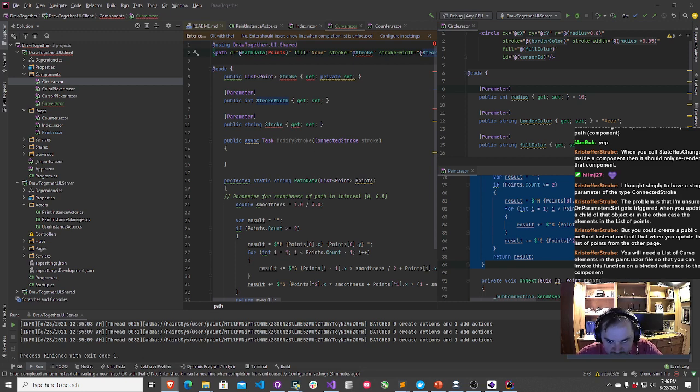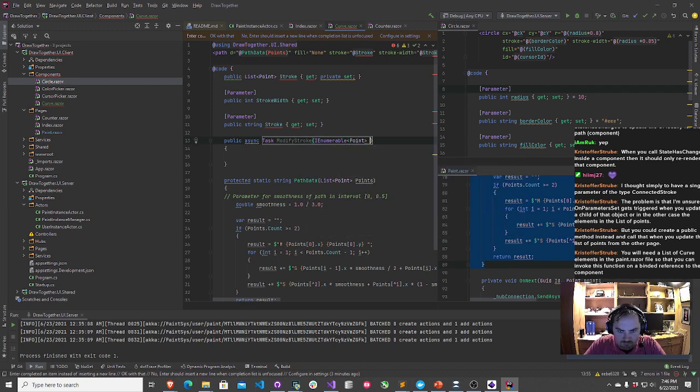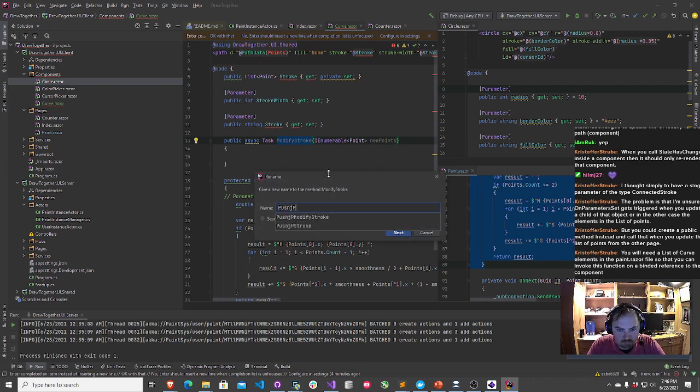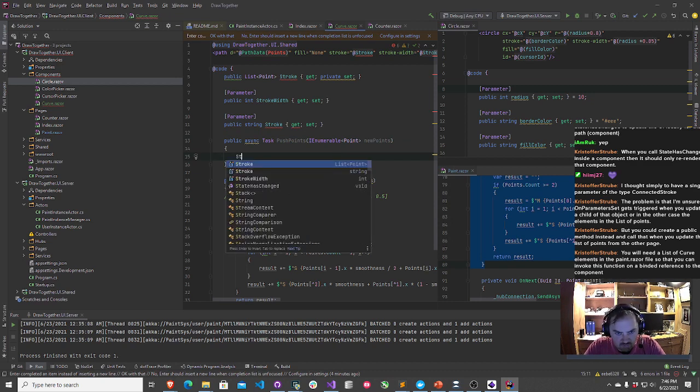So what I'm going to do is take an IEnumerable of Point, new points, and let's see, which points, and I'm going to say stroke.